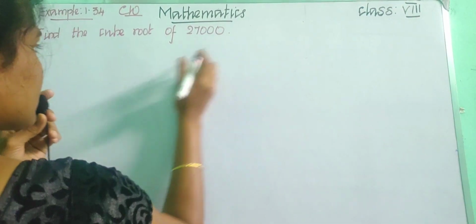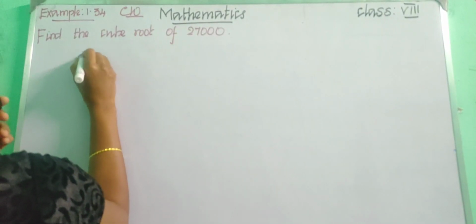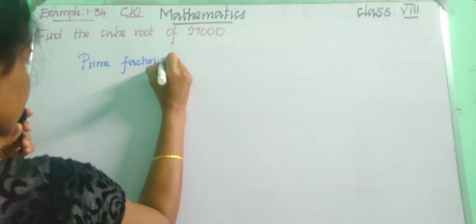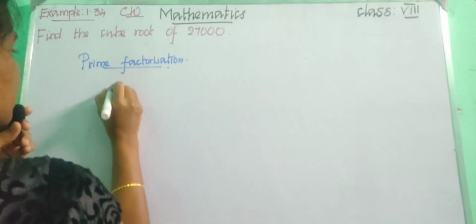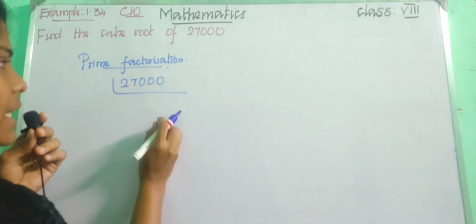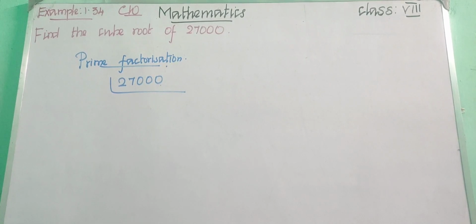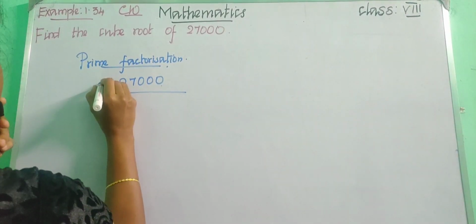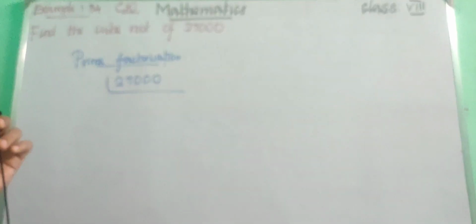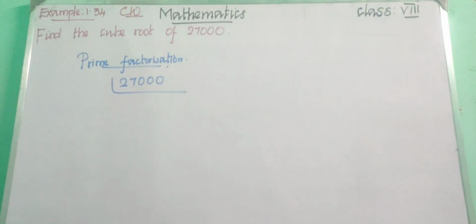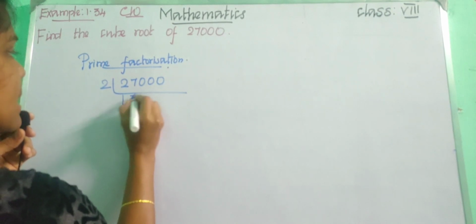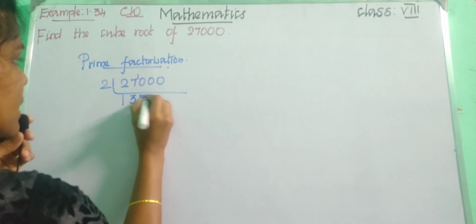First of all, we are having 27,000, right? By prime factorization. In the units place we are having 0, so we can put 5, or else let us start with the 2 table. 0 will come in the 2 table, so it's an even number. So let us start with 2 first. 1, 2 is 2. Here 7. 3 2s are 6, remaining 1. 5 2s are 10.